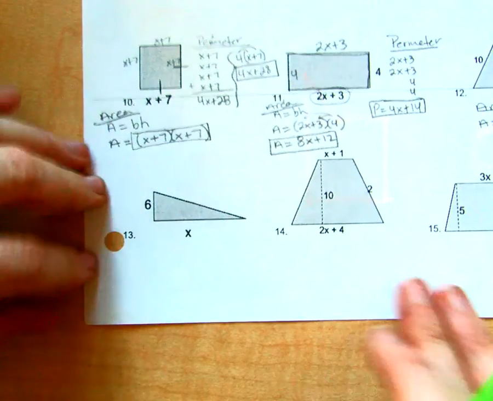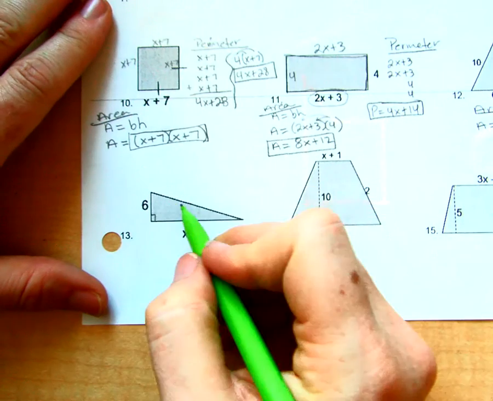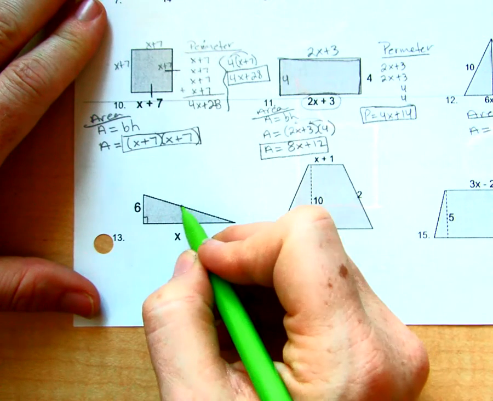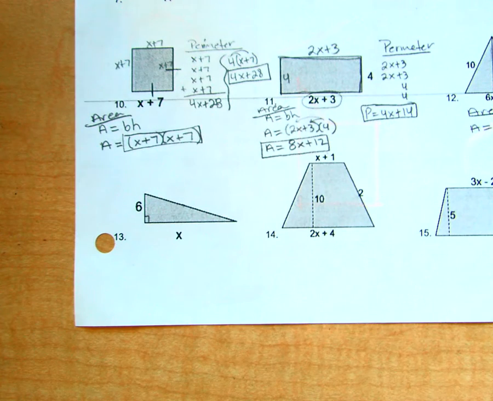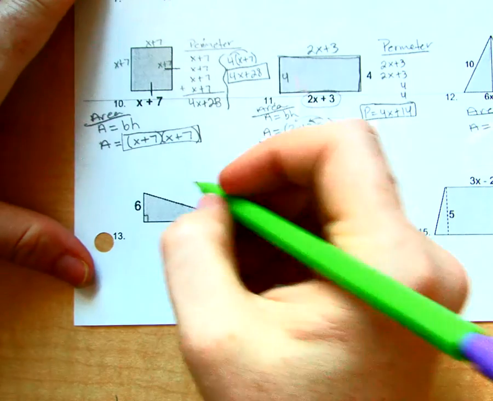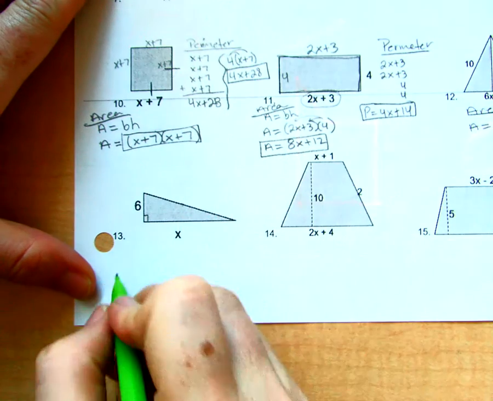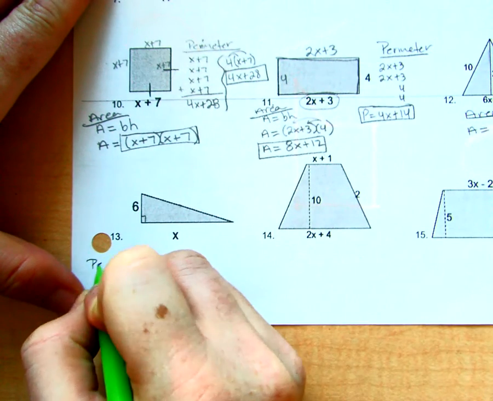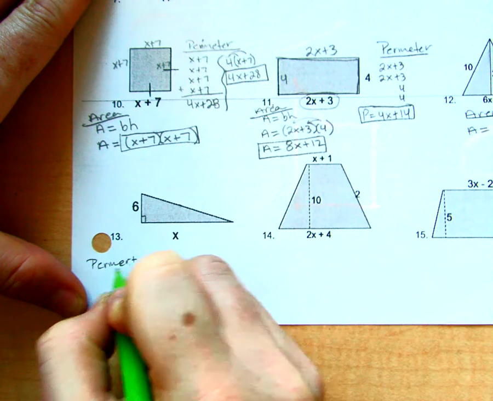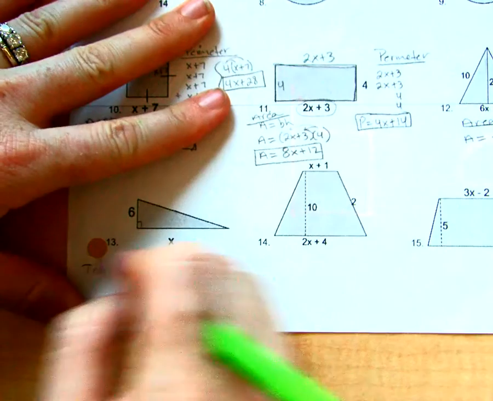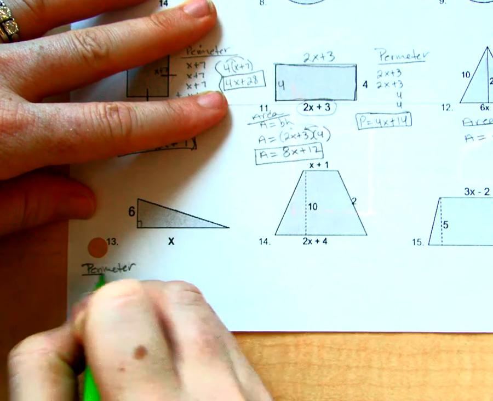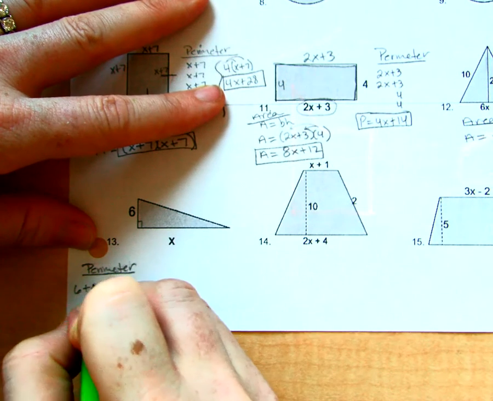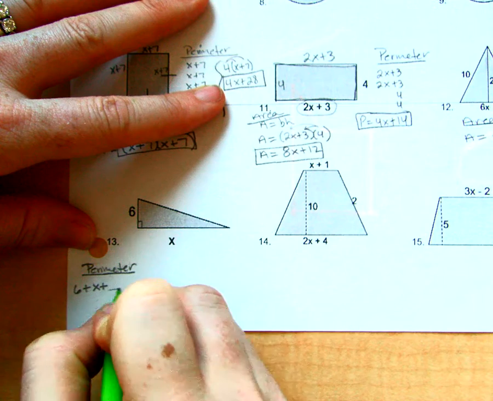Another triangle, this time a right triangle. And this is a little tricky, right, because we don't know this side. So this is a little bit of push for those of us who like a little push in math. If we want to find the perimeter, and I'm going to do it all underneath because I don't have space, then I need to add all three sides, so that's 6 plus x plus